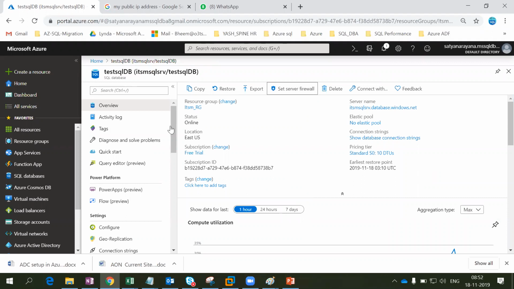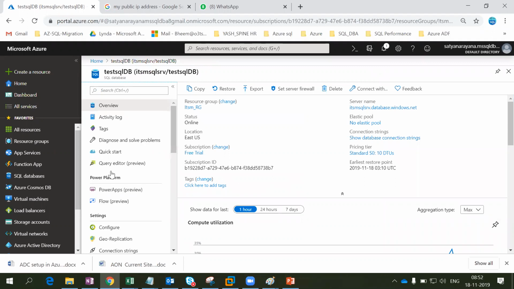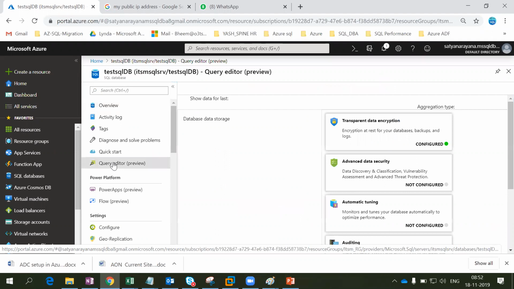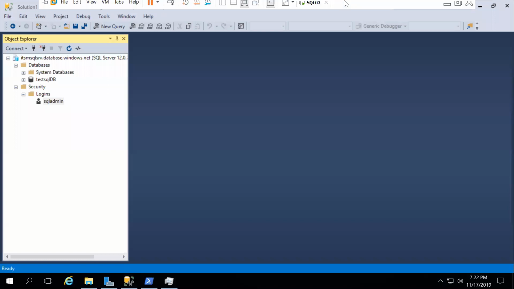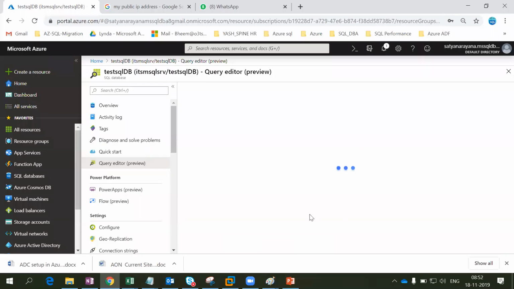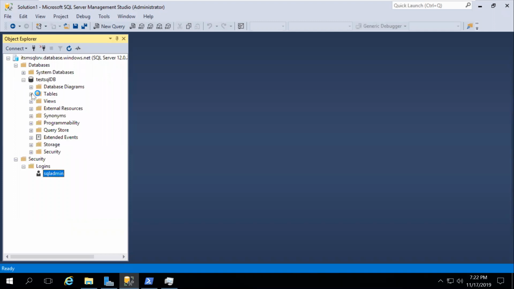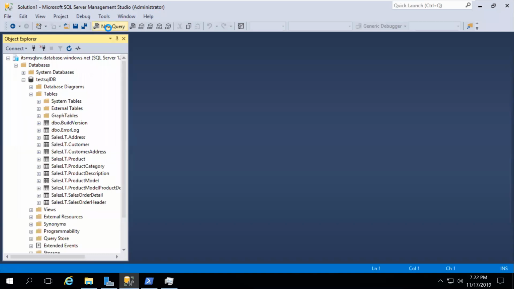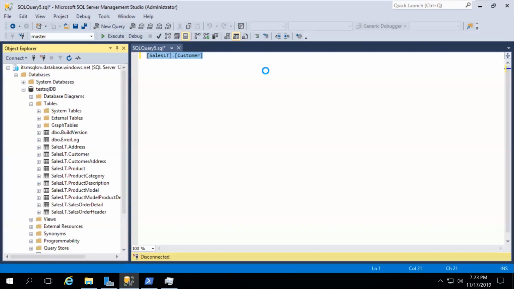When you go and validate and verify this, we have a couple of options over here, and we even have a query editor. If you cannot connect by using SSMS, you can connect here in the same way. Let me show you. What we have queried over here is the sales security, right? Let me show you how fast it is inside the portal, and how much time it is going to take. Now this sales customer, I'm going to take and query this one.